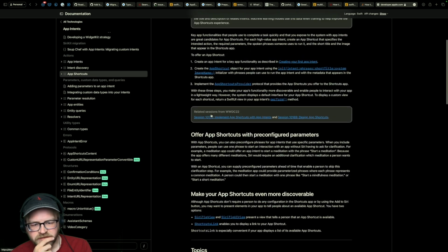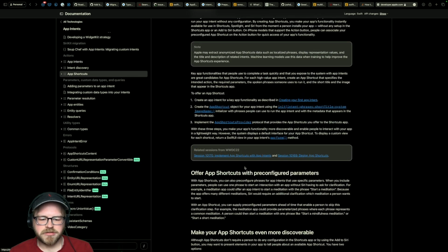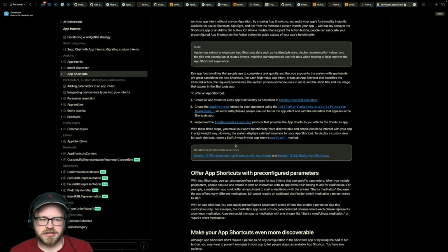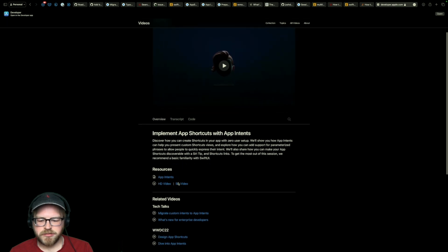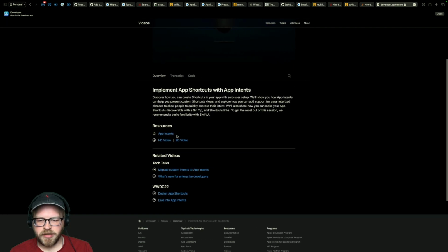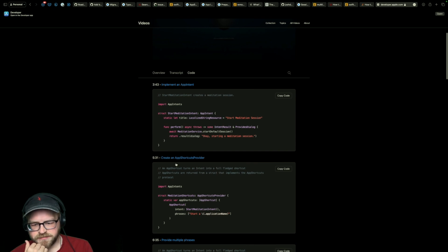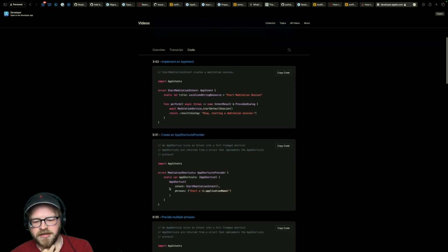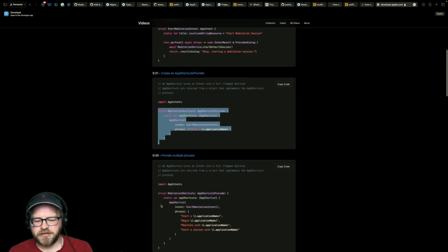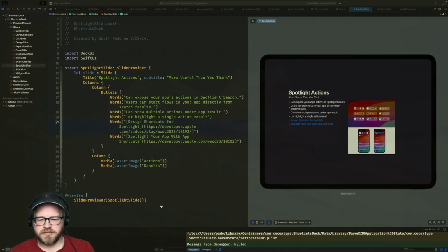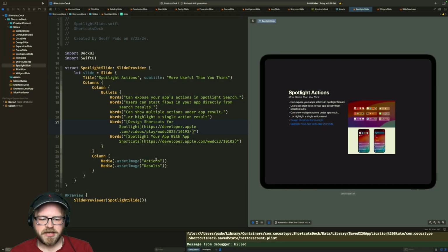You're not going to be that helpful, are you? What if I go to this page and then hopefully it links to sample code? No. Bummer. But it's got this. There we go. Okay. So we have an app intent. Then we create an app shortcut provider, and that provides app shortcuts with some other stuff. That's really all I care about. This works great. Ship it. I am ship it.